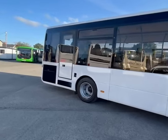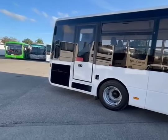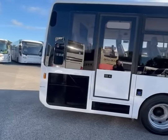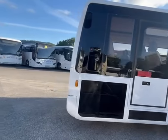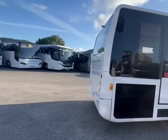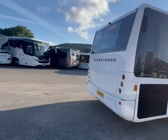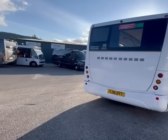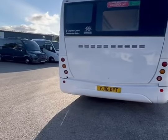School, some local private hire, jump on service, bit of rail, just about anything you can think of. So this one has been fully repanelled and repainted, and it's come from a very good local operator called Lloyd's Coaches. If this is a Mercedes version,